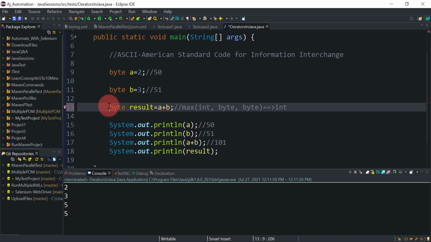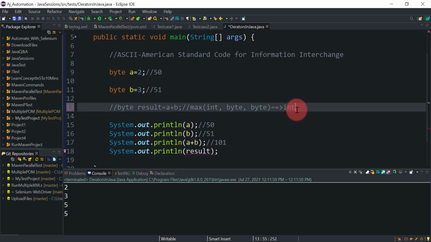So what people do is they go in a hurry and they only see, okay, 2 plus 3 is 5 and we got the 5. So that's why the interviewer will come to know that you don't know the concept of this: maximum between integer comma type of a and type of b. So if you know this formula, then you won't face any issue in the interview.